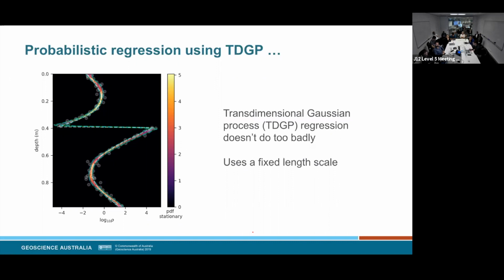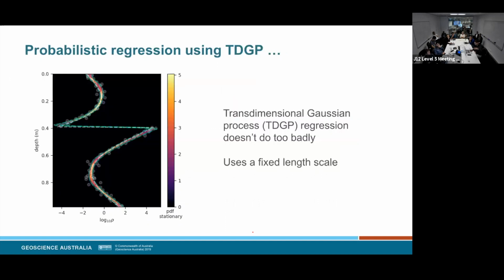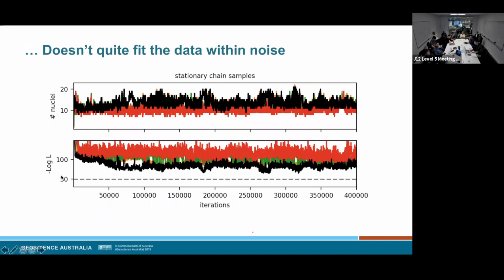However, the number of nuclei required: the grid was actually 100. So if you go from 0 to 1 over here, there are actually 100 divisions in that grid. But I've only ever needed something like 15 samples. So it is parsimonious, by a factor of about 5 or so or better.